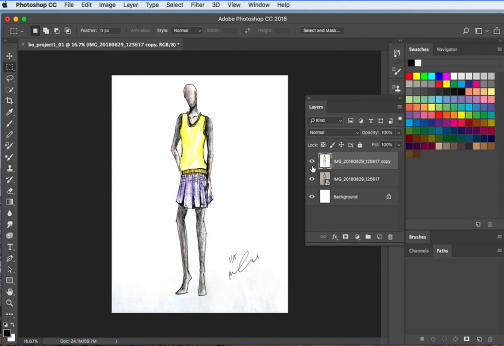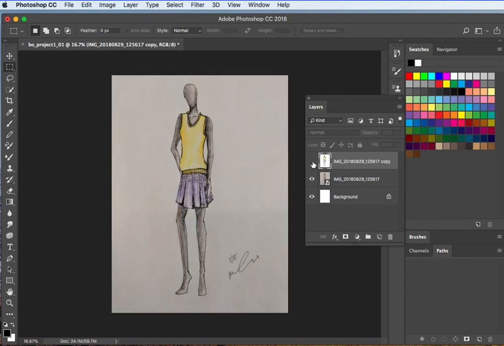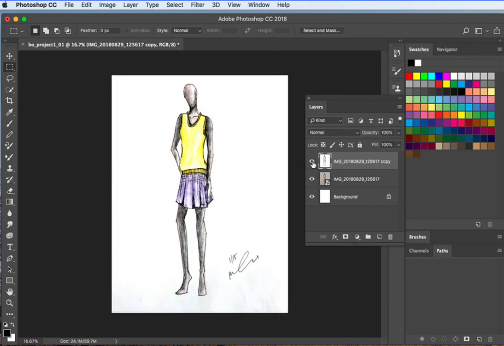Again, I have two layers, so I can always hide this and see, oh, this is the original, and is this better or is this worse? I think this is quite okay. And now